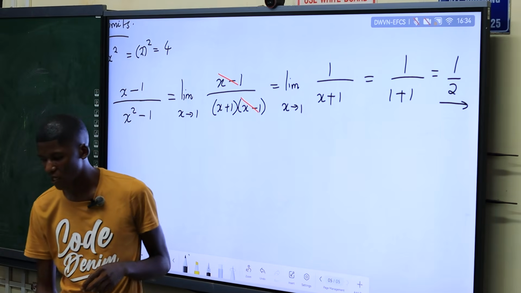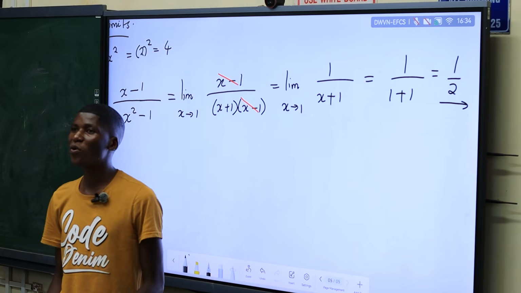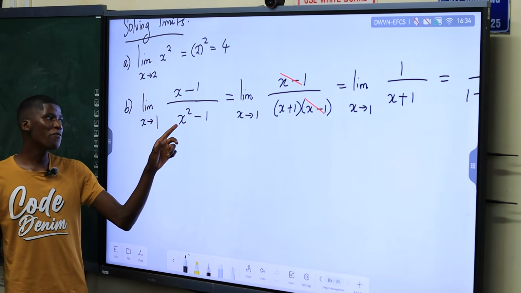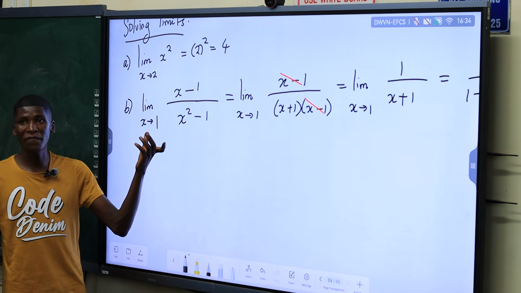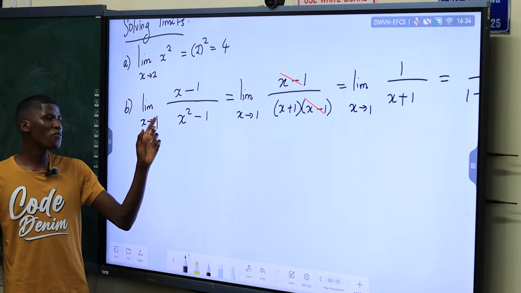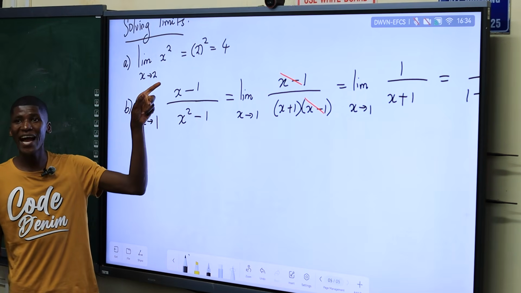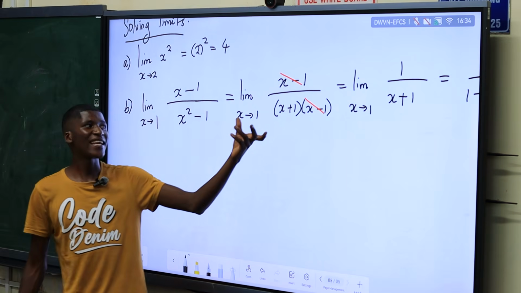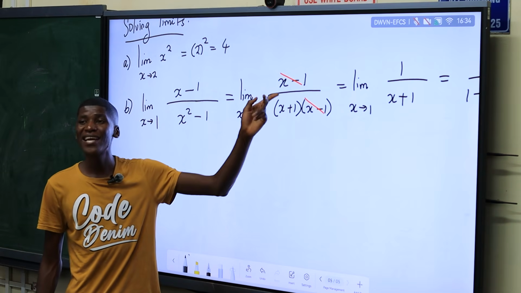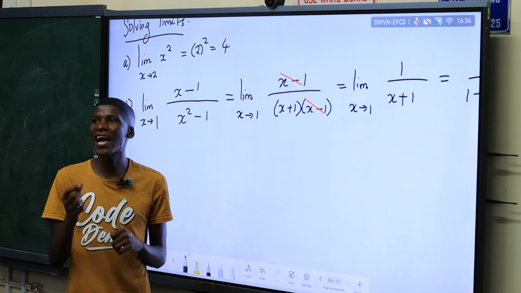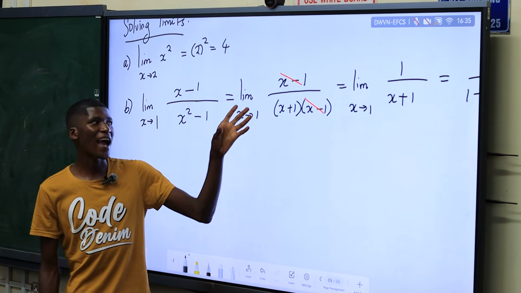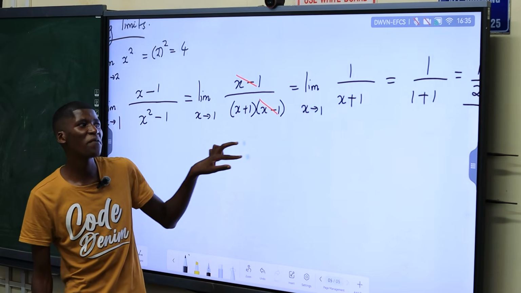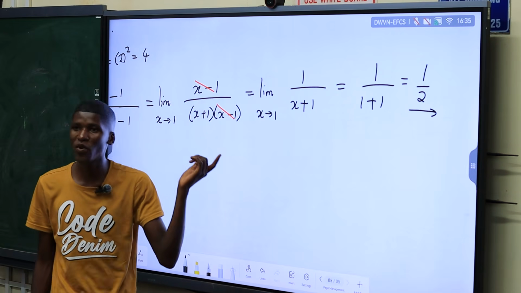Simple stuff, very simple. Actually, if we substituted 1, we would have gotten undefined. If you put 1 here, this is going to be 0 in the denominator and it's undefined. So what do we do here? We simplify it, such that we see there's a common factor. Most of the time, if it gives you a math error, simplify, because there's a common factor that needs to be cancelled out. Once you cancel out that common factor, your thing will be defined again. So now the limit is 1 over 2.